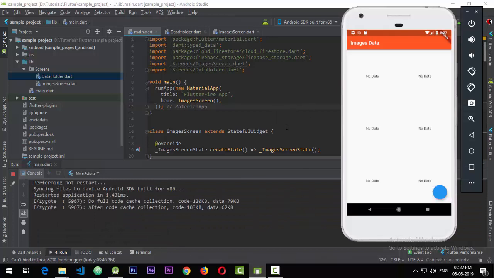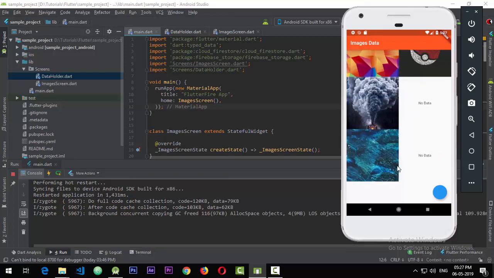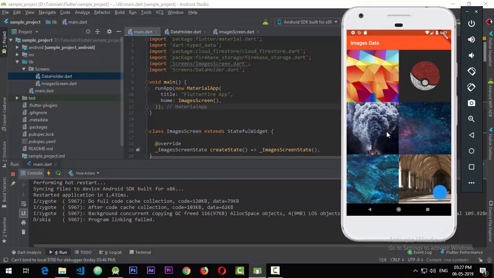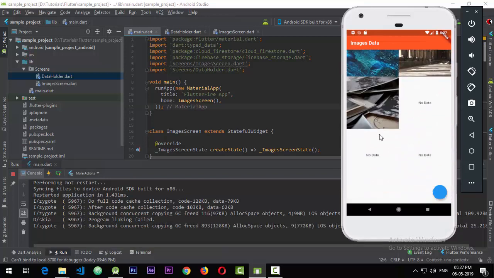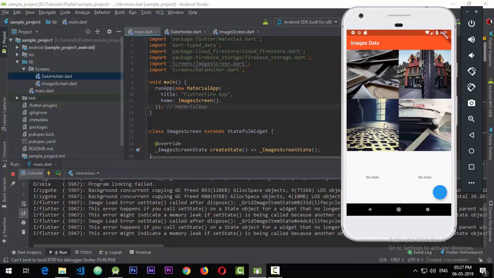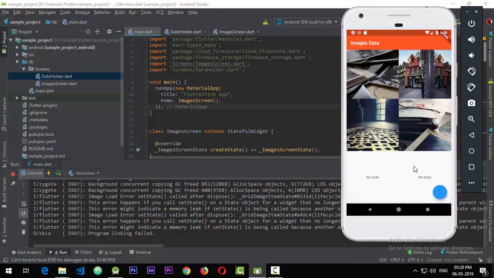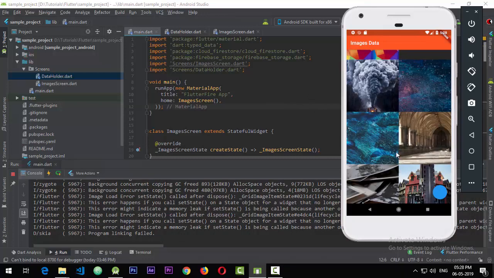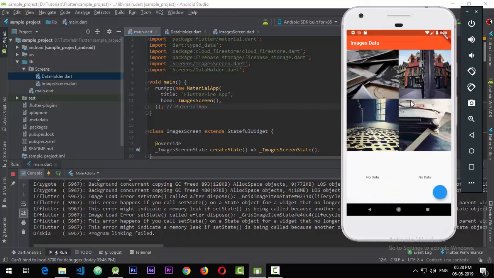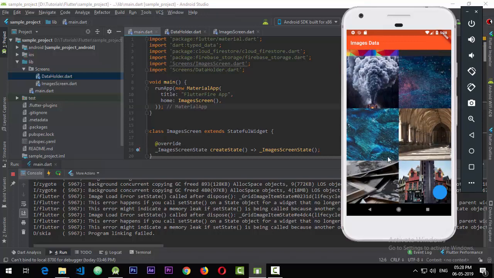using hot restart, you can see that when the images are not loaded, it just shows no data, and when I scroll through the images, as the images are loaded, they're just asynchronously loaded into the grid items. So first we'll learn how to create this sort of grid, and then we'll learn how to use Firebase Storage to add images to those grid items. So this is quite a simple tutorial, but it'll just take some time to get used to, so let's get